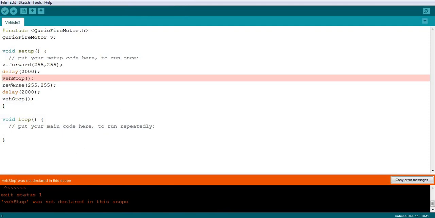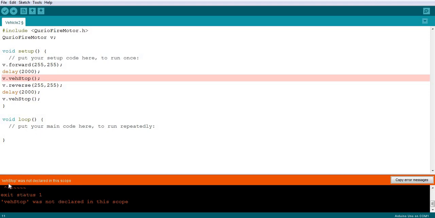What is the error? The error is that this command is a library command, which means we need to link it to the library using the instance name and dot. So we need v dot. Similarly, even this command, we need to link with v dot, and even this command.